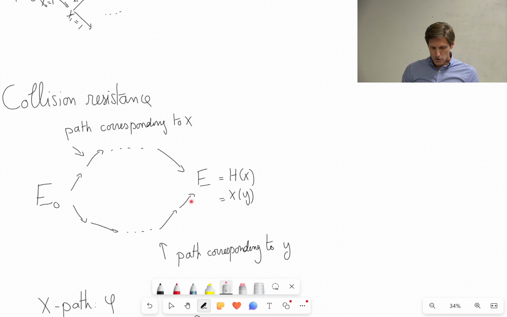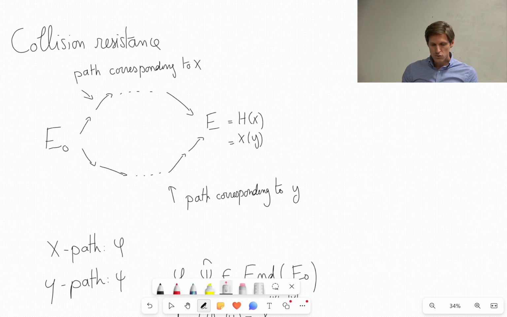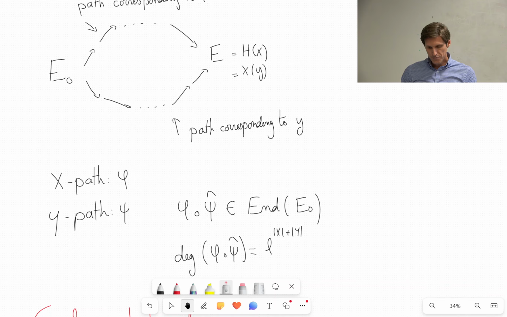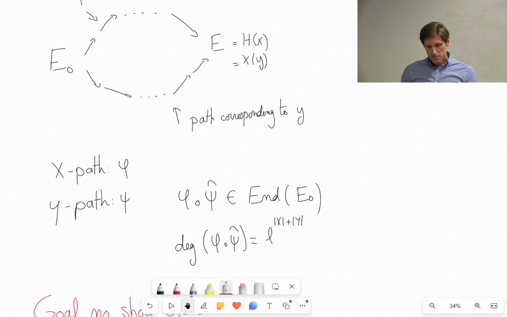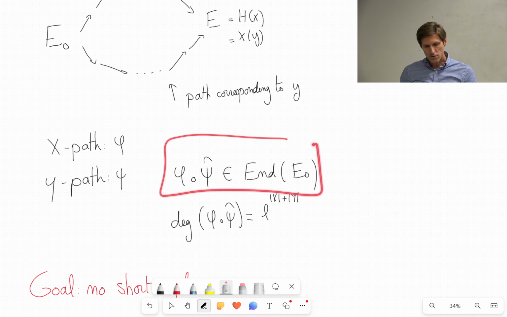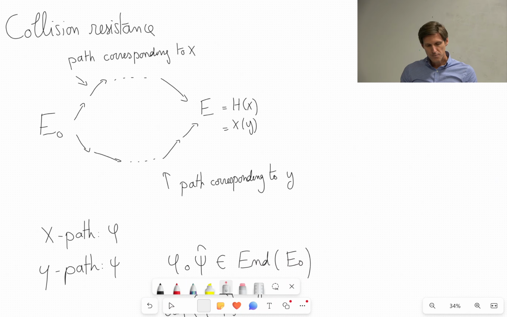So what does it mean that you found 2 different paths? Essentially, you have a cycle in the isogeny graph. So you don't want people to be able to easily find those cycles. Now, the cycle could also be viewed as an endomorphism of the curve. If you look at the composition of all these L-isogenies, for example with L equals 2, so isogenies of degree 2 that you've composed all the way here,